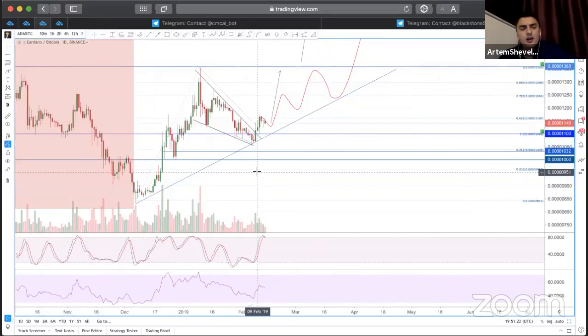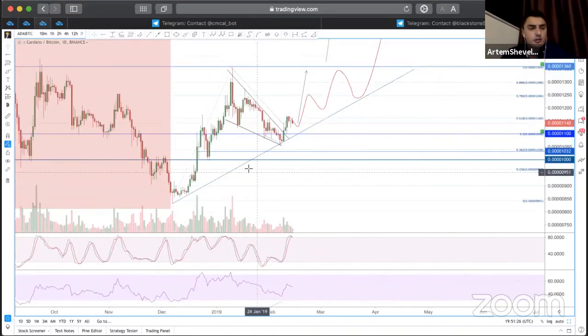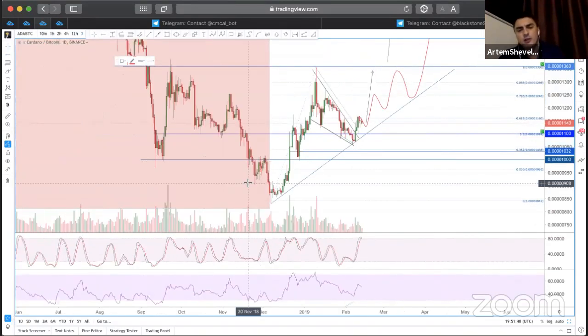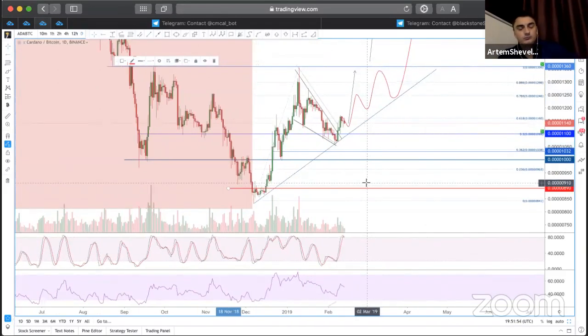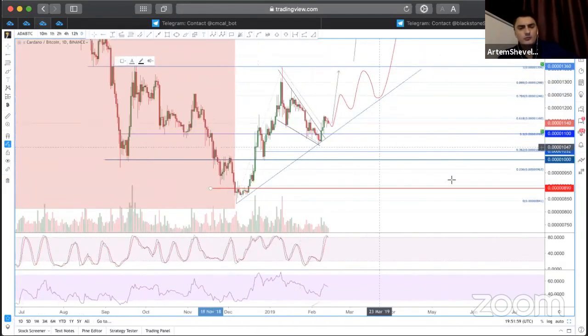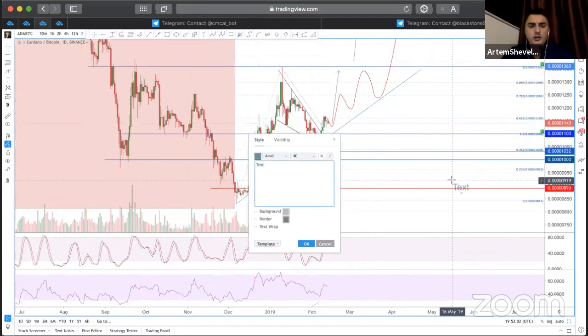But for ADA, for the stop loss here, this is really an interesting trade from a long-term perspective, right? This is not a short-term trade because it has really big targets. It's not a short-term trade. So I'm going to put the stop loss for ADA below 890, below this level.